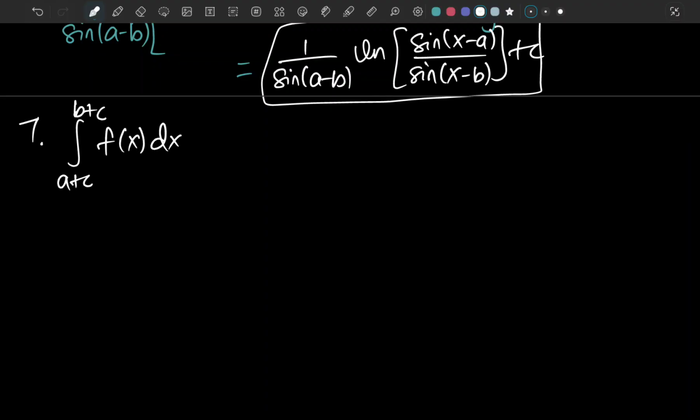How are we going to deal with that? Well, if we look closely, let's let x equal t plus